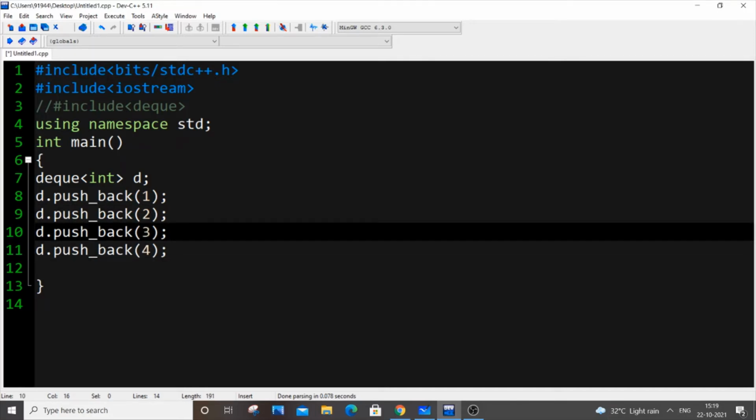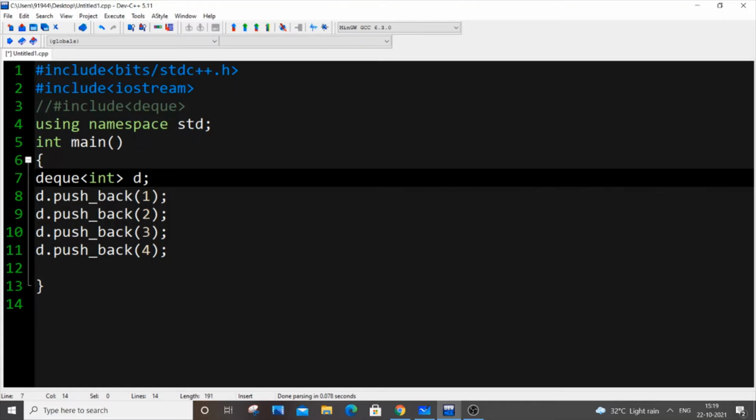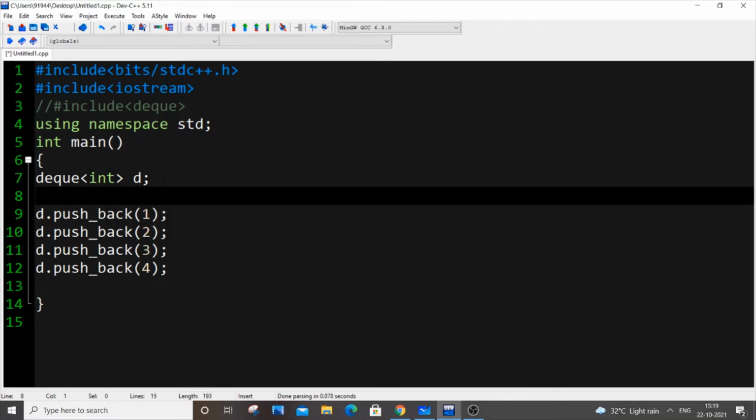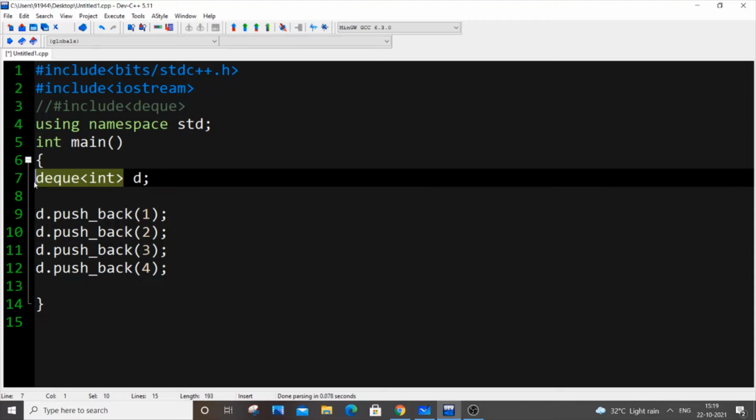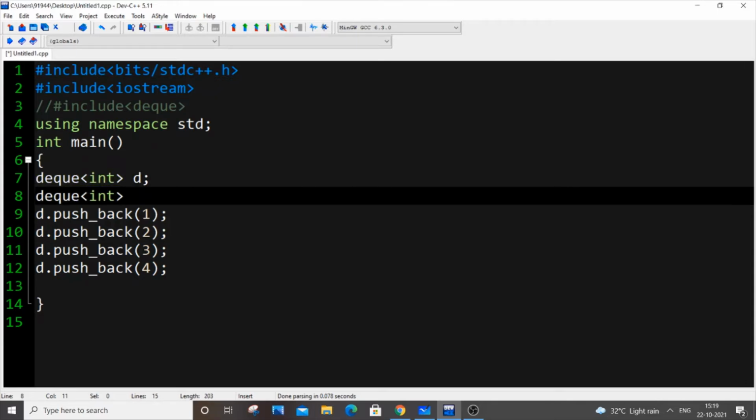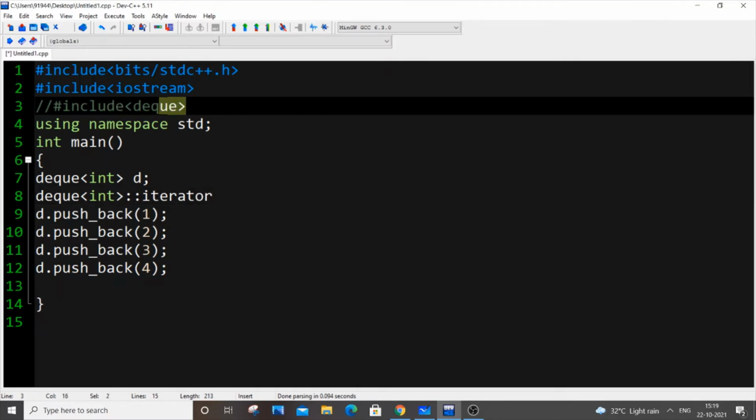The contents present in the deque can be accessed by using an iterator. So let me go for an iterator over here. Copy this, paste it, iterator. Another thing to keep in mind is that if you are using only #include <deque>, you need to use #include <iterator> as well, because it isn't present inside deque.